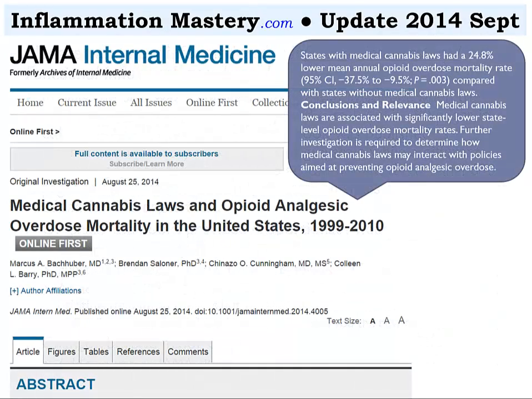This was published in JAMA Internal Medicine. This is August 25th of 2014. Medical Cannabis Laws and Opioid Analgesic Overdose Mortality in the United States. So one of the things I want to point out is that opioids are very dangerous drugs, and a lot